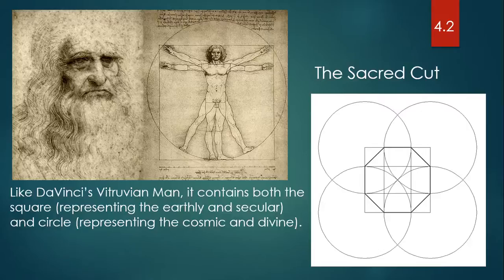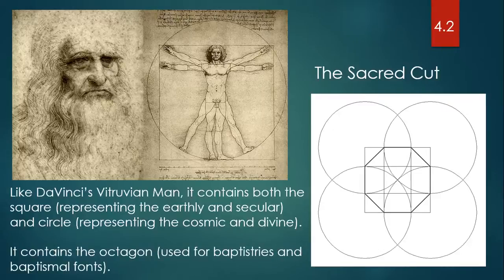So it was Da Vinci's way of saying that man is both divine and secular at the same time. The sacred cut involves circles and squares as well. And if you look on the right, what you'll see is 4 intersecting circles and a square inside of that. Our construction is going to involve just this square, although you'll notice inside the square you see an octagon, which